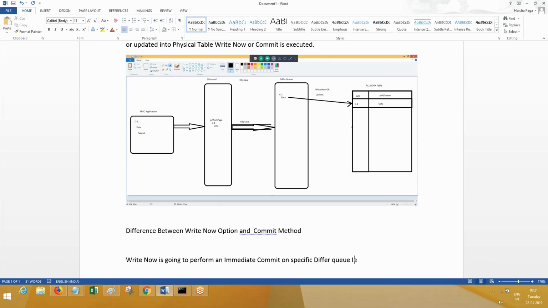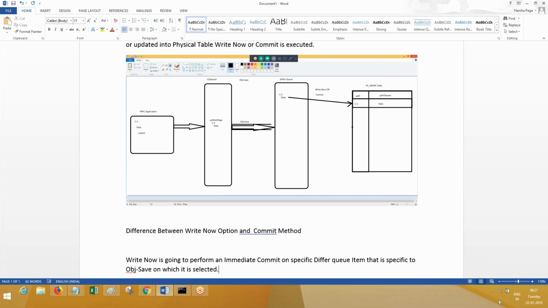If write now is there, is it going to the defer queue or is it directly going to the table? So he's asking a question: when you perform write now, will it go to the defer queue or not?